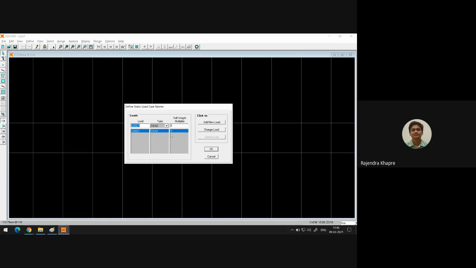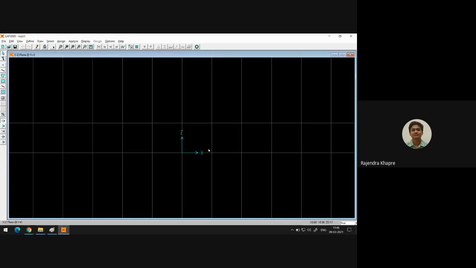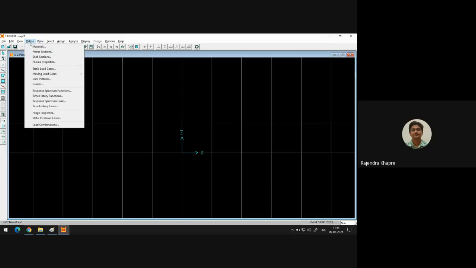So once you change this, you will find this value has now changed to 0, and then you press OK. So the self weight factor has been removed now. So we have defined material, we have defined frame sections. The static load case is also done. Now we have to just draw the